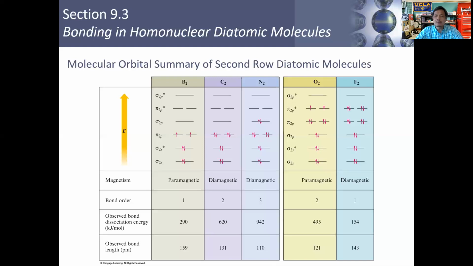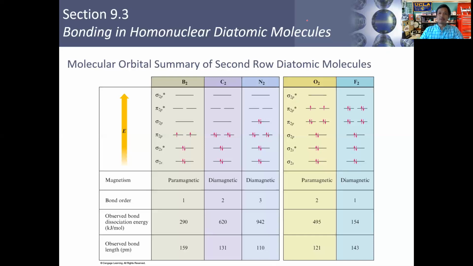Okay, and so with that said, then we were able to take a look at these electron configurations. So we came up with electron configurations for the nonmetals in period two here. And we see then that for the nonmetals in period two here, there are two possibilities in which the electrons can be arranged for the diatomic molecules of these period two elements. Okay? And so with that said, then there is a reason why, and there is an explanation that we can give for why boron, carbon, and nitrogen, diboron, dicarbon, dinitrogen,